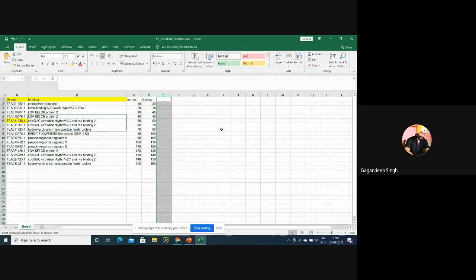Now, our second work is normalization: normalization of the normal condition and the disease condition. Basically, this is a condition, and normalization is about all mapped reads in the whole experiment. First of all, I'll type capital N underscore normalization.